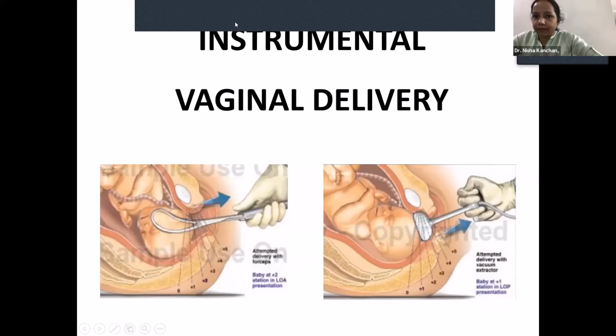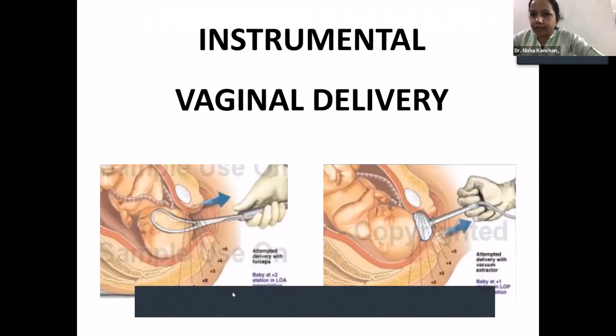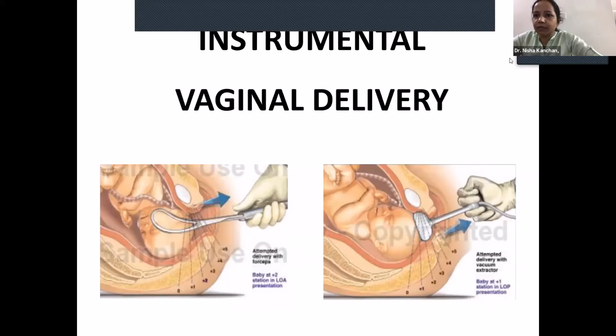Now, mainly what you have to see in operative vaginal delivery, forceps and vacuum, the main difference is that forceps causes majorly maternal complications. Injuries are more because the instrument is bigger and occupies more space in the pelvis. So third degree and fourth degree perineal tears are more common with forceps. With the vacuum, because of the suction created inside the cup on the scalp, various types of hemorrhages and fetal injuries are more common. Next slide.